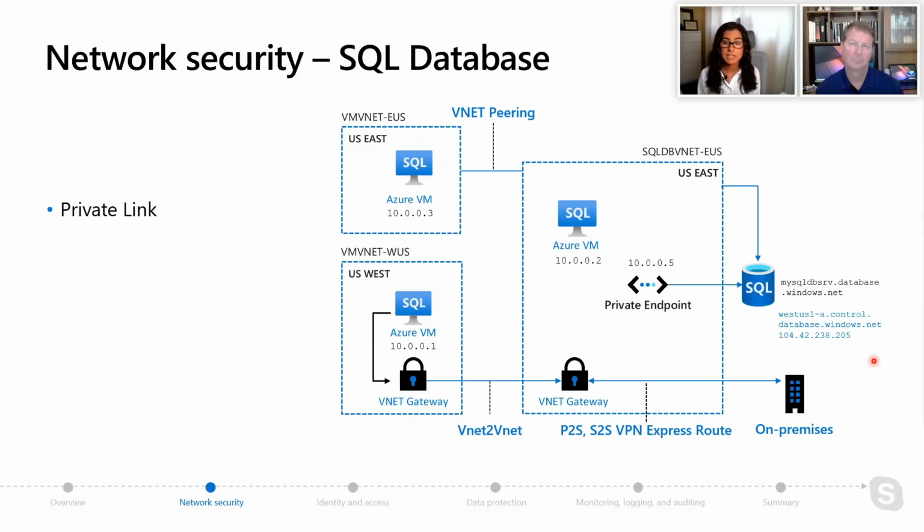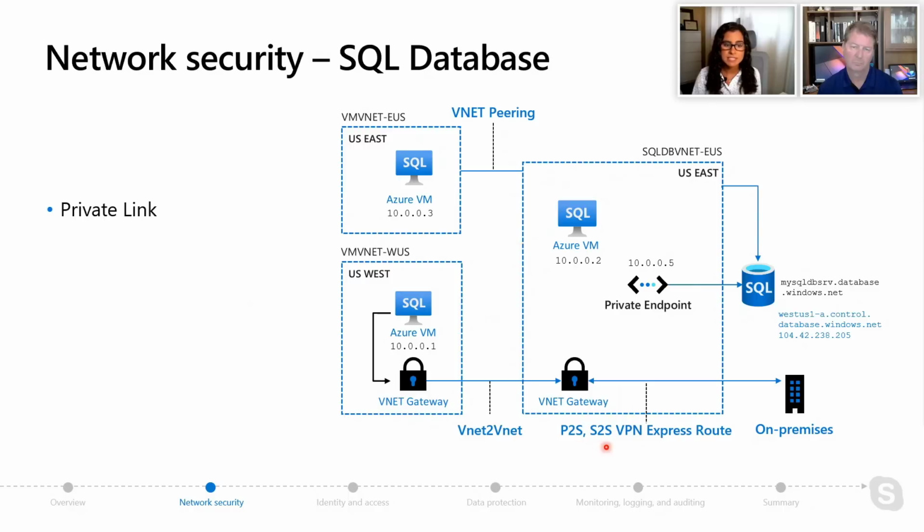Now, this is available in general availability or GA for Azure SQL Database today. And what this basically allows you to do is create a private endpoint associated with a logical server. Now, in doing this, you make it so that the only way you can connect to this thing is through that private endpoint. And so this is going to make it a little bit more secure. There's actually a typo in here, but I'll show you in a demo what the resulting hierarchy is. But what you'll notice is from virtual network rules to private link, I didn't have to change that much. It's still kind of the same principle.